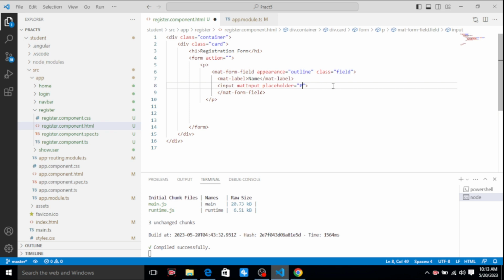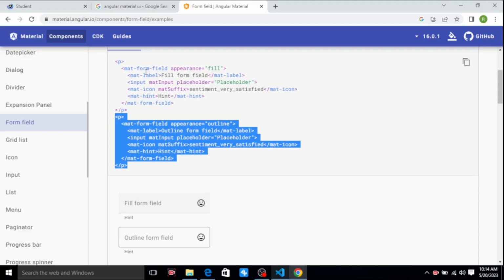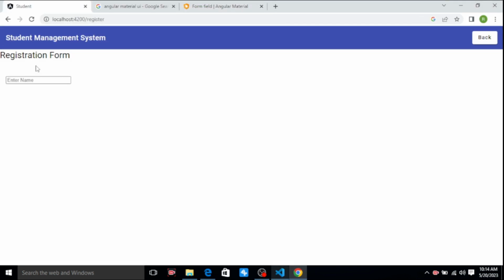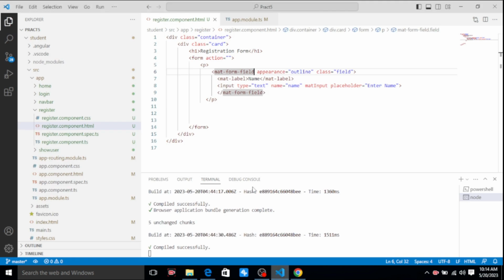Just here I will write enter name. Save. Input type is text and the name for this variable is, suppose, name, simply. Save it. Go to this register. Here the name is not showing. Just go to